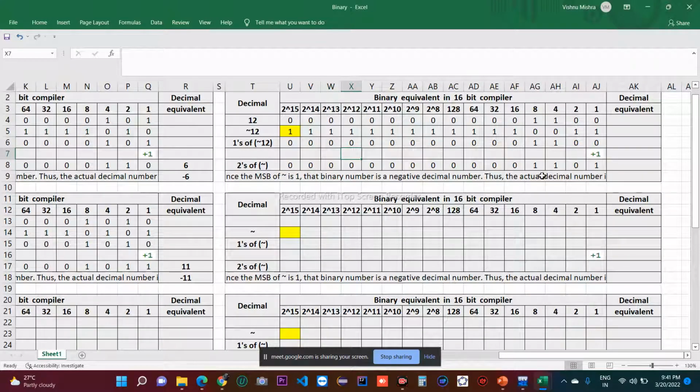ये है इसका 2's complement, ठीक है। ये एक्चुअल में कितना है? डेसिमल में इसको कन्वर्ट करें तो कितना आएगा? ये 8 4 और 1, ये 3 बिट्स 1। 8 4 एंड 1 कितना होता है? ये 13 है, करेक्ट। और इसका साइन क्या होगा? MSB इज 1, so it will be negative, it will be -13।